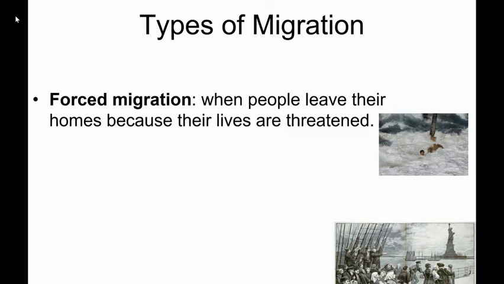All right, forced migration. So forced migration is when people leave their homeland because their lives are threatened. And what I do not want you to do here is think of a gray area of like a what if, or what if, or what if. Let's just say that any kind of forced migration, it's not your choice. Like you have to move because either you are absolutely made to, or because your life is in danger. And yeah, maybe you could stay and maybe you would make it through, but forced migration just means basically you have to move. So you can see the picture there to the right where you have a hurricane. I would say that that person is being forced to move. And if they don't move, then they're likely going to die.